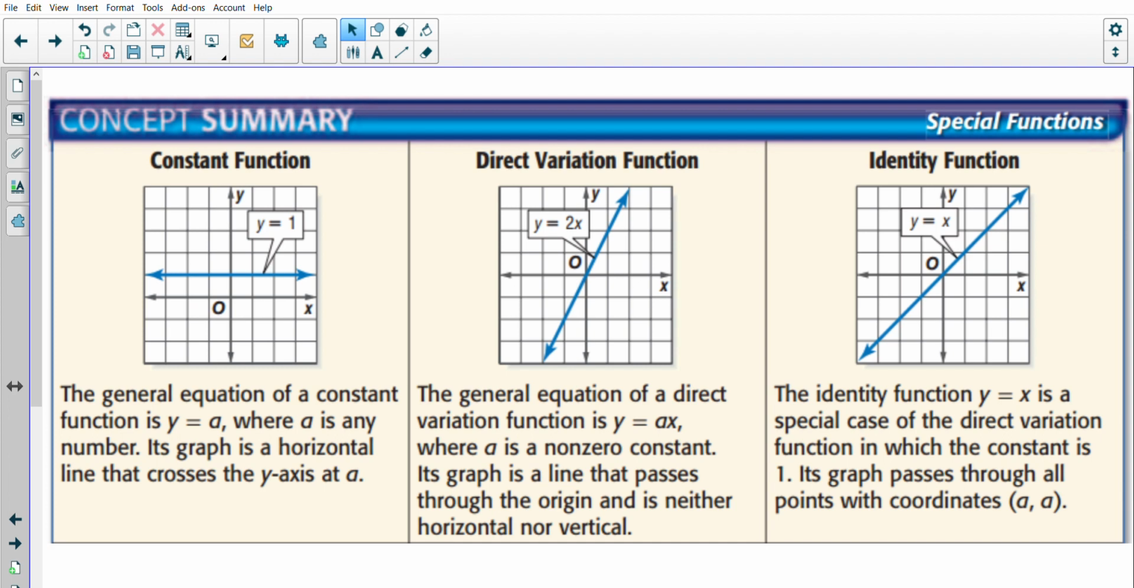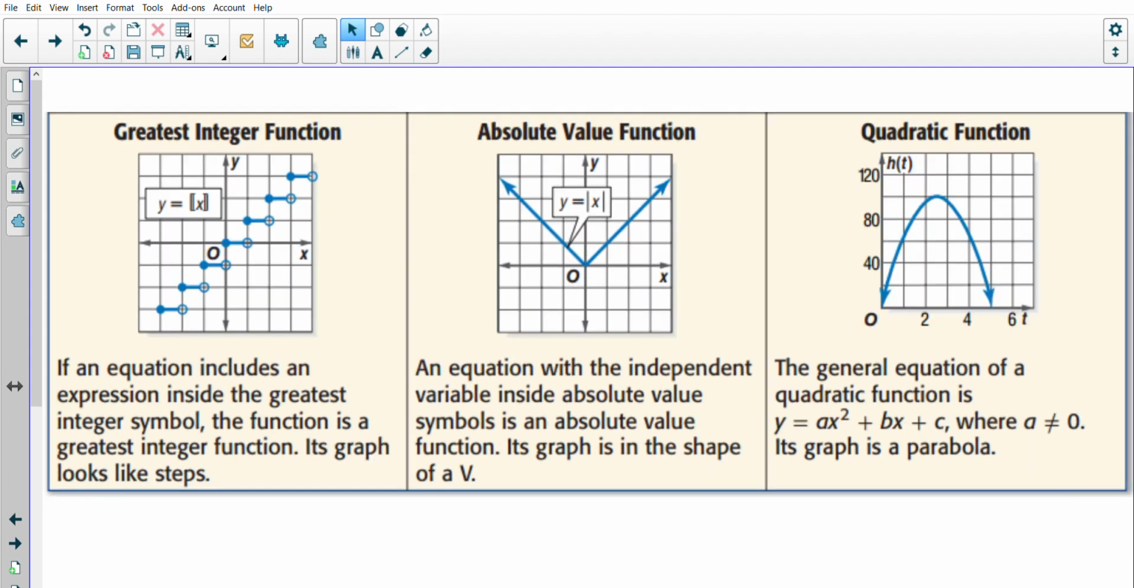We previously just learned it was y equals k times x, where it can vary depending on what book we're looking at. Then the identity function is the same thing that goes through the origin, but it's just y equals x. That would also be called the parent function of a normal line. All right, so then we have some more. We have the greatest integer function, where it is a step function. So it kind of looks like steps, and it's got that double bracket around the x,